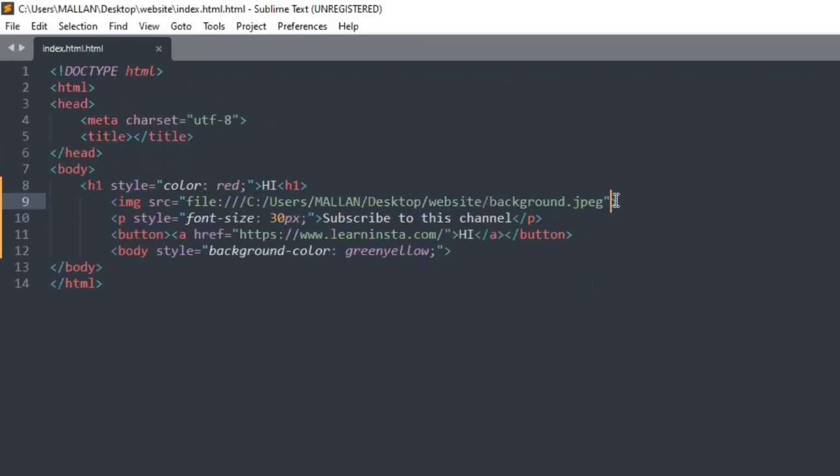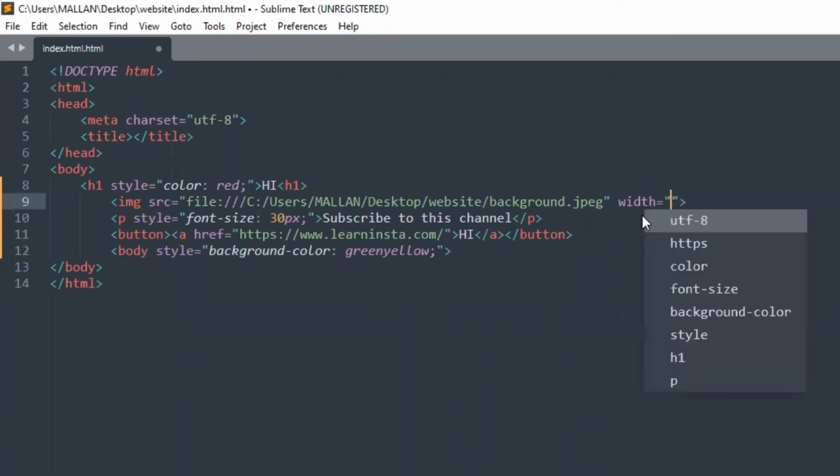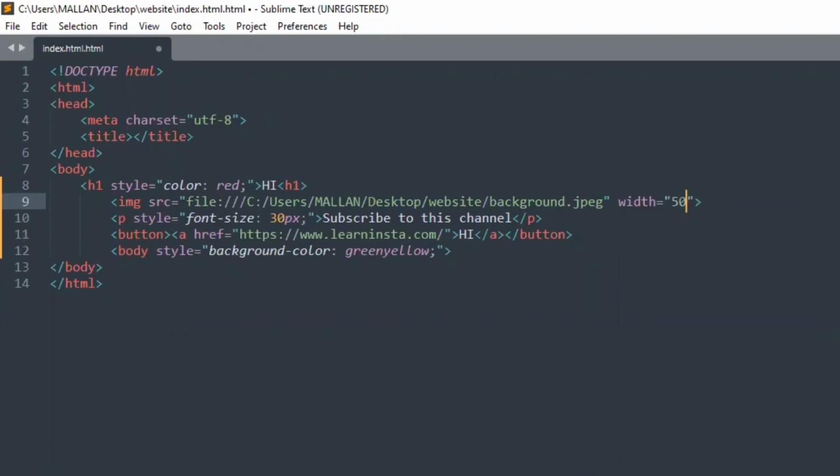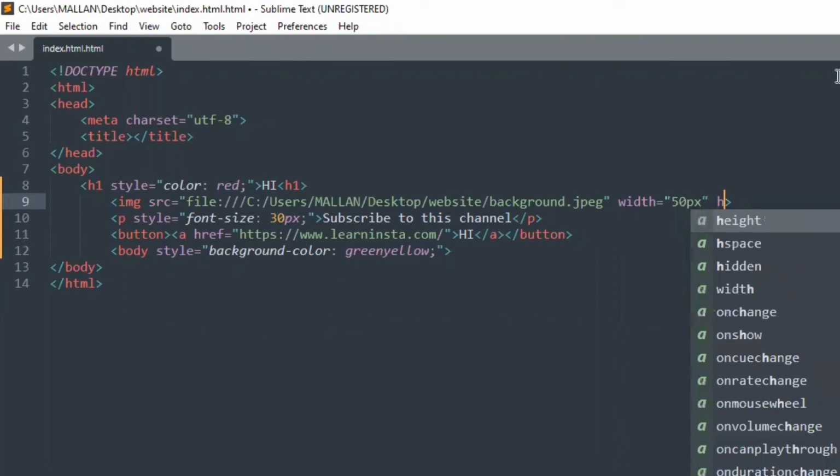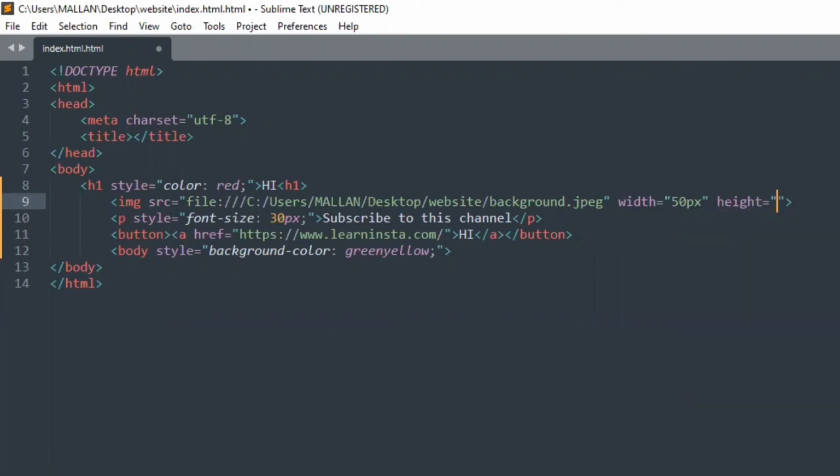Last but not least, we can see how to change the height and width of an image. Here we already have an image, so we can take that as an example. In this code, we have the quotation mark and the greater than symbol. So in between those two, we are going to type width equals to and two quotation marks. The same applies for the height, but only the word width changes to height. Here for the width I have chosen 50 pixels and for the height I have chosen 40 pixels.